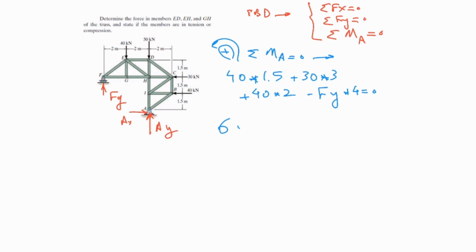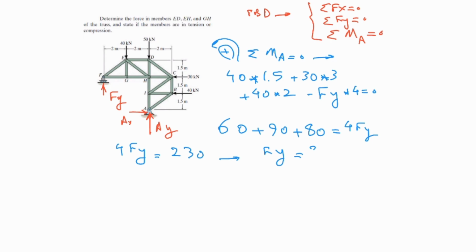That would be 60 plus 90 plus 80 equal to 4 times Fy, meaning that 4 Fy is equal to 230, and we can solve this. Fy equal to 230 over 4, which has a value for itself. Okay, by finding Fy, we need to do the cut, and